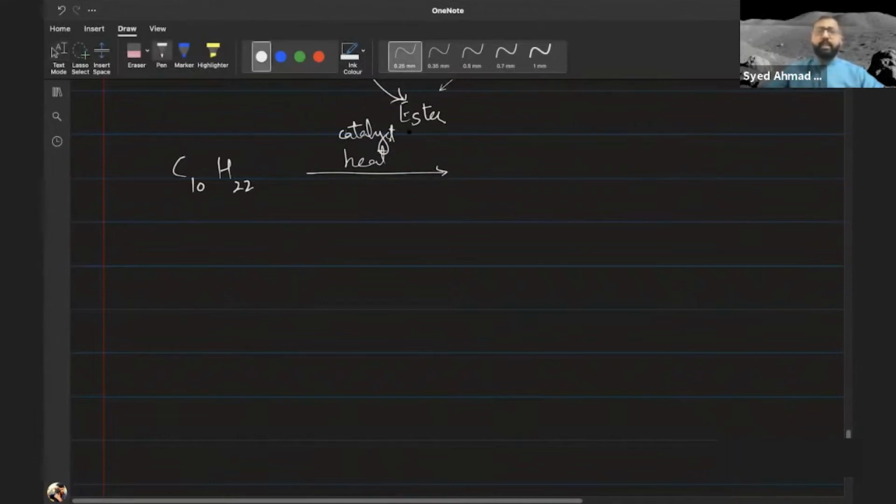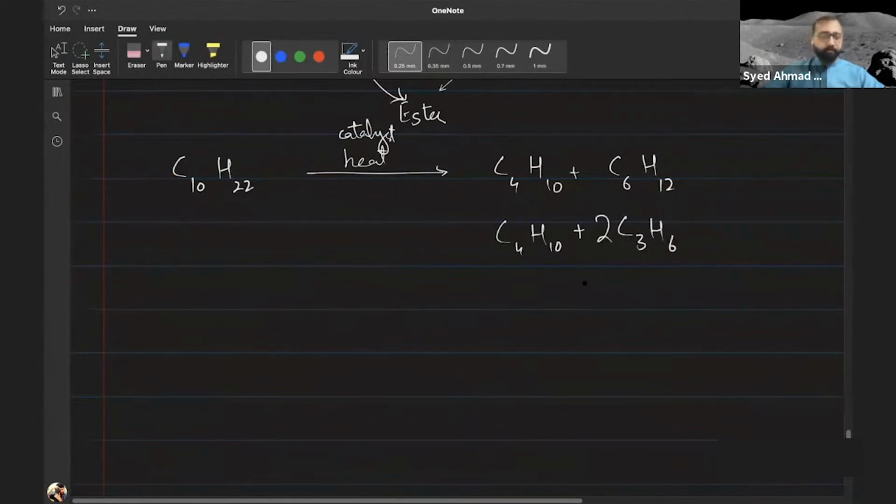सो लेट मी सी कि अच्छा मैं कहता हूं कि मुझे 4 कार्बन वाला एल्केन बनाना है. सो C4H10. व्हाट डू आई हैव लेफ्ट? 10 में से 4 चले गए, सो आई हैव 6 लेफ्ट. मैं कहता हूं अच्छा बाकी 6 का मैं बना दूंगा एल्कीन. बन गया. अच्छा मैं कहता नहीं, this is too big, I want smaller molecules. So okay, now for smaller molecules I can be like, okay, I have C3H6, I can make 2 of them. If I need a unique product for some reason, I can get C4H10